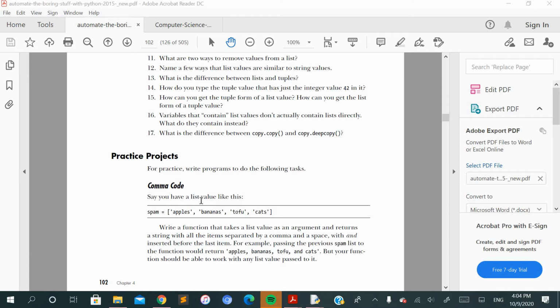The first one is named Comma Code. What has been said here is, say you have a list value like this. They have already given you the list consisting of the elements apples, bananas, tofu and cats. For this, you need to write a function that takes a list value as an argument and returns a string with all the items separated by comma and a space, with 'and' inserted